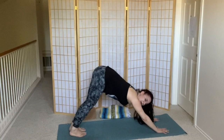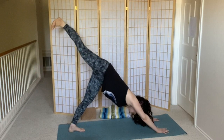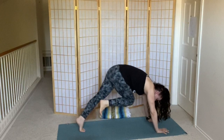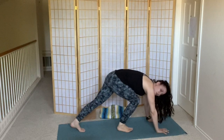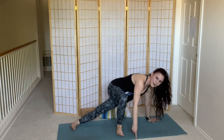So from your downward facing dog, take a deep breath in to soften. Exhale, right leg lifts up to the sky, three-legged dog. Inhale here. Exhale, hug the knee in towards the chest, round under, but this time, instead of stepping our foot all the way forward, we're just gonna simply drop the right foot underneath the belly button. Turn all 10 toes to face the long right side of your mat,